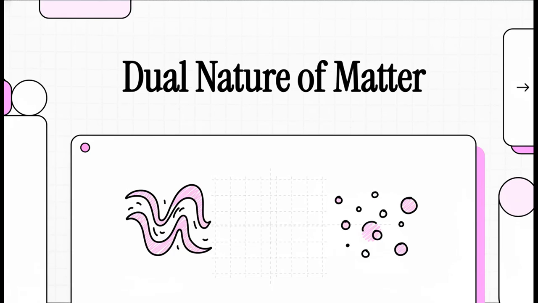All right, welcome to The Explainer. Today, we're diving into one of the weirdest, but also one of the most important ideas in all of science. We're talking about the bizarre dual identity of, well, pretty much everything. It's a concept that really makes you question what reality even is.